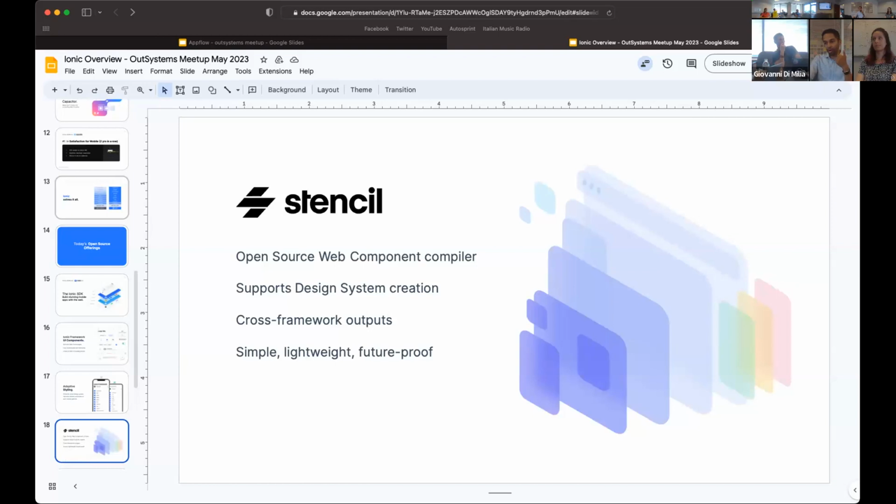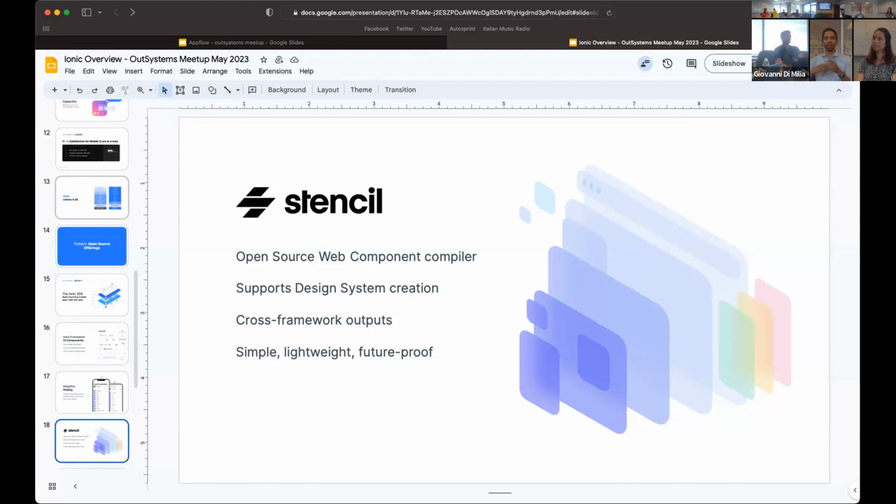I didn't talk about this open source product, but it's important. It's called Stencil. It's essentially a web component compiler. So if you're building a design system where you want the same branding and UI components to transfer from your website to your mobile application, and you want cross-platform, cross-framework outputs, you would use Stencil. Stencil is the backbone for Ionic framework, but companies like Apple and Amazon use Stencil on its own to build out their own mobile UI framework.